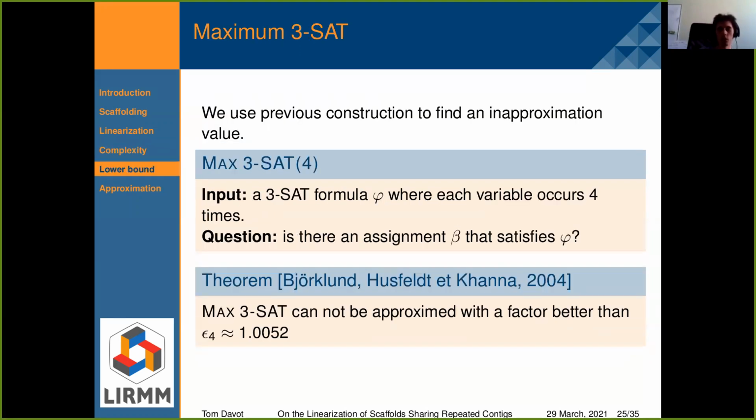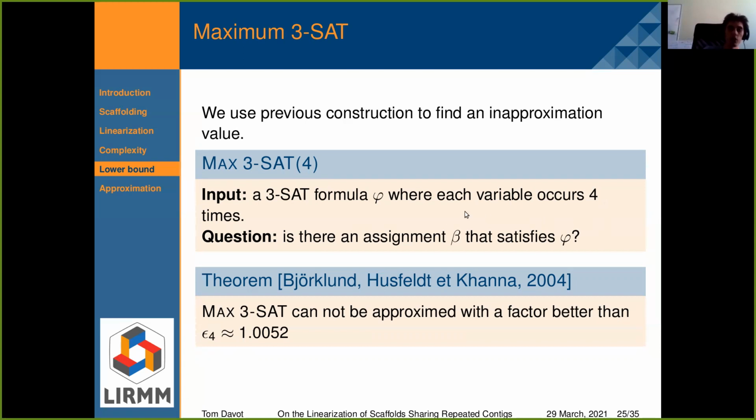And now we can also use the previous result to show some lower bounds on semi-brutal cut. So for that, we reuse the same reduction from the problem max 3SAT4. So it's a 3SAT formula where each variable has a bounded number of occurrences, which is equal to 4.